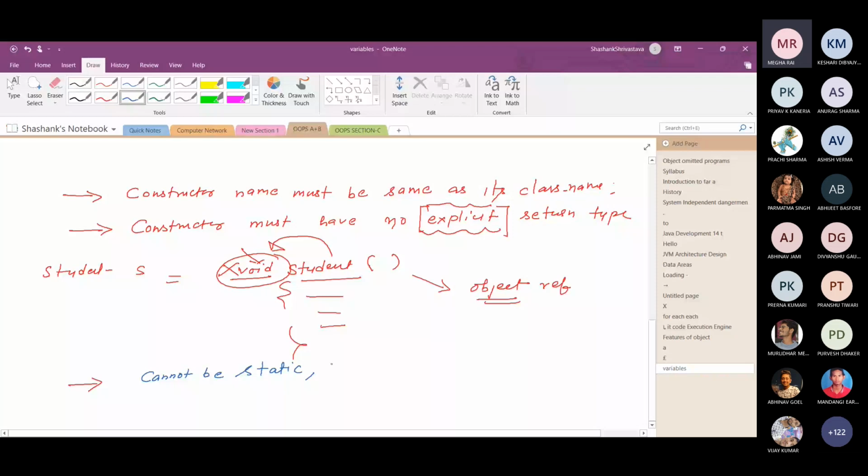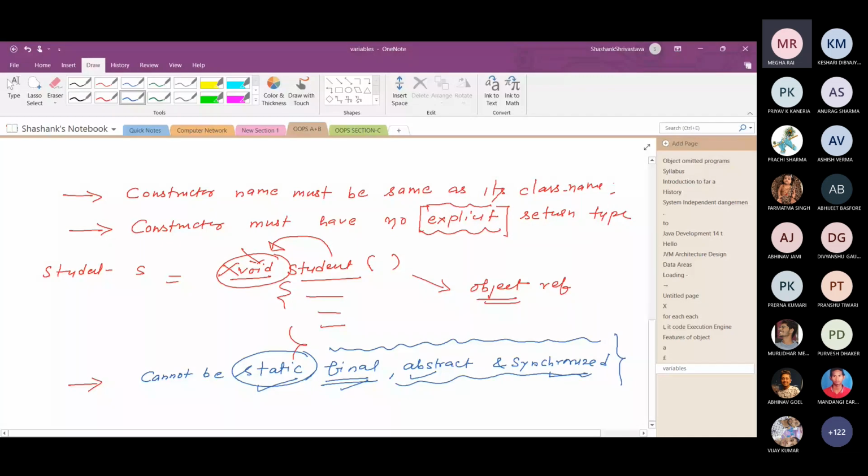We will discuss the final keyword later in the inheritance chapter, because it has a significance there. Final, abstract and synchronized are important keywords. So a constructor cannot be abstract, final, static or synchronized. We will first discuss the static keyword, and as per requirement we will discuss all these keywords in future, but you need not put final, abstract, synchronized or static in a constructor.